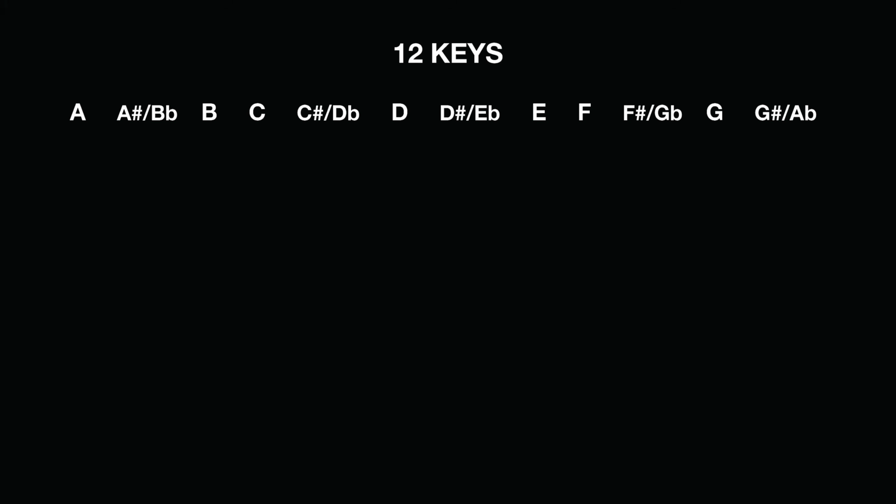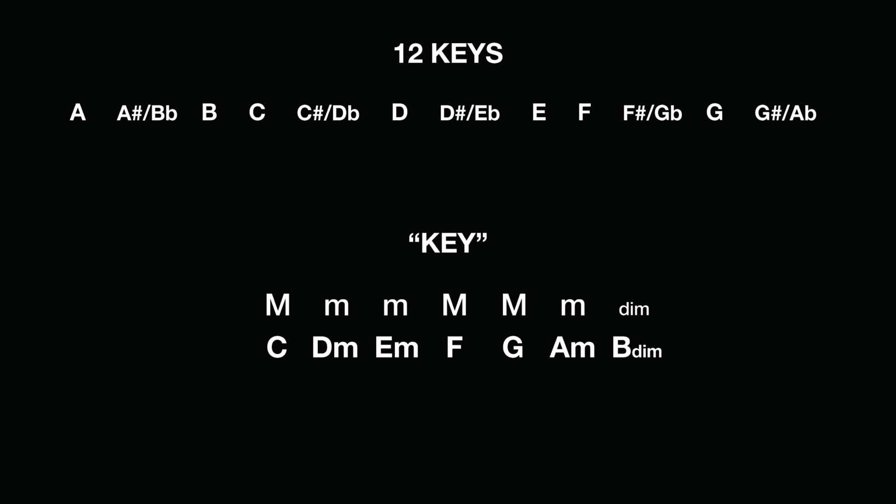And depending on how they were trained, you might hear someone talk about a minor key once in a while or a mode. Yes, that stuff exists, but right now I think you are gonna do just fine if you know going into this that your song every Sunday is gonna be in one of 12 major keys. So then what is a key? Well, a key is just a group of 7 chords. Here are the 7 chords of the key of C.